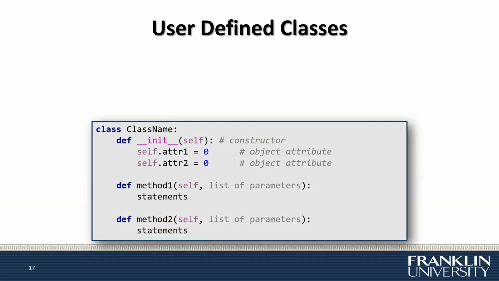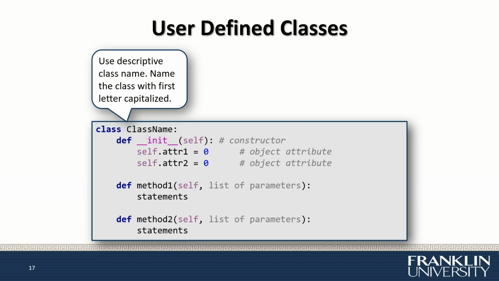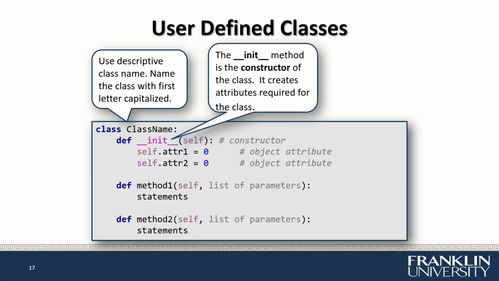To define a class, you need to use the class keyword with the class name. Use a descriptive class name, and the convention is to capitalize the first letter. The underscore underscore init underscore underscore is the constructor of the class. The constructor is used to create an object. In this case, we will add the attributes required for the class in the constructor. So in this example, I have two attributes, or two instance variables,